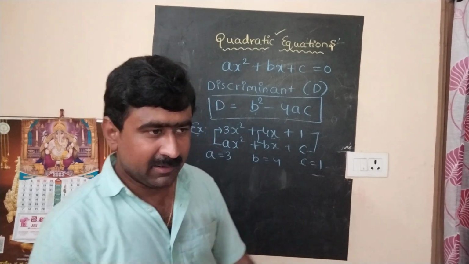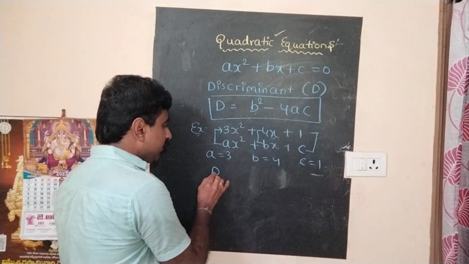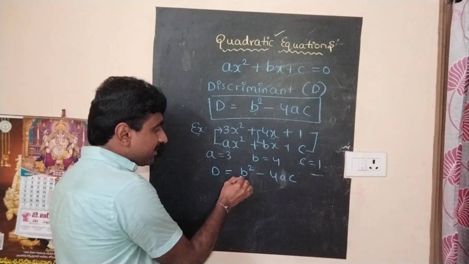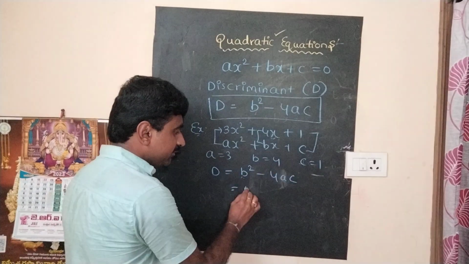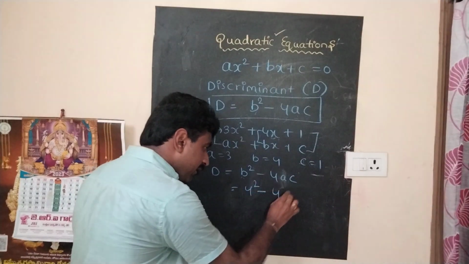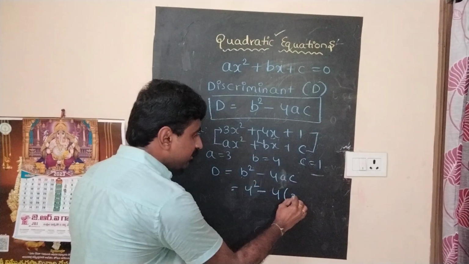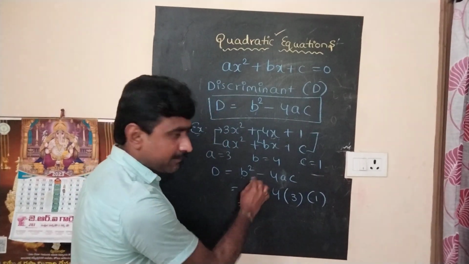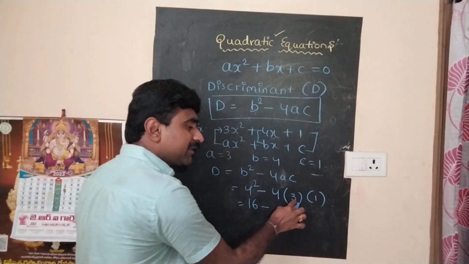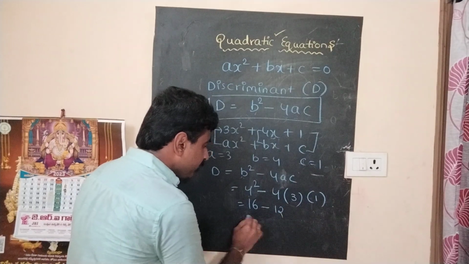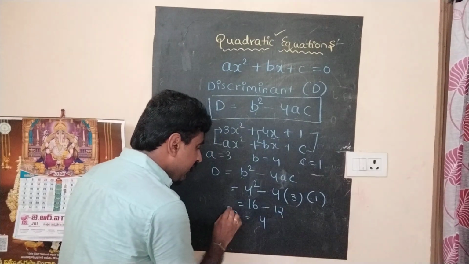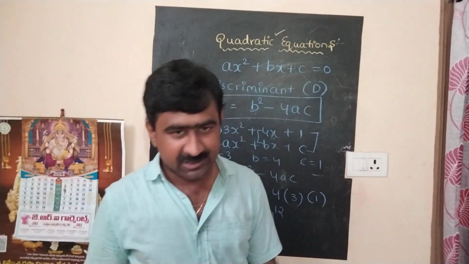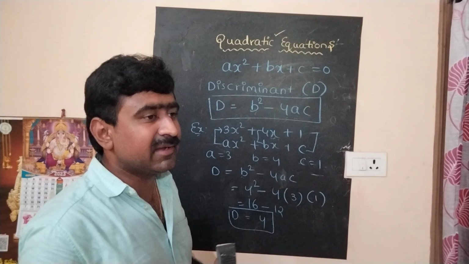So after obtaining, we have to find out the discriminant by using the formula b square minus 4ac. So here b value, b means here 4, so 4 square minus 4 into, in the place of a we need to substitute 3, in the place of c we need to substitute 1. So finally 4 square means 16, minus 4 3s are 12, 12 into 1 is 12. So finally 16 minus 12, D equal to 4. So 4 will become the discriminant for the given equation. So this is the structure to find out the discriminant.